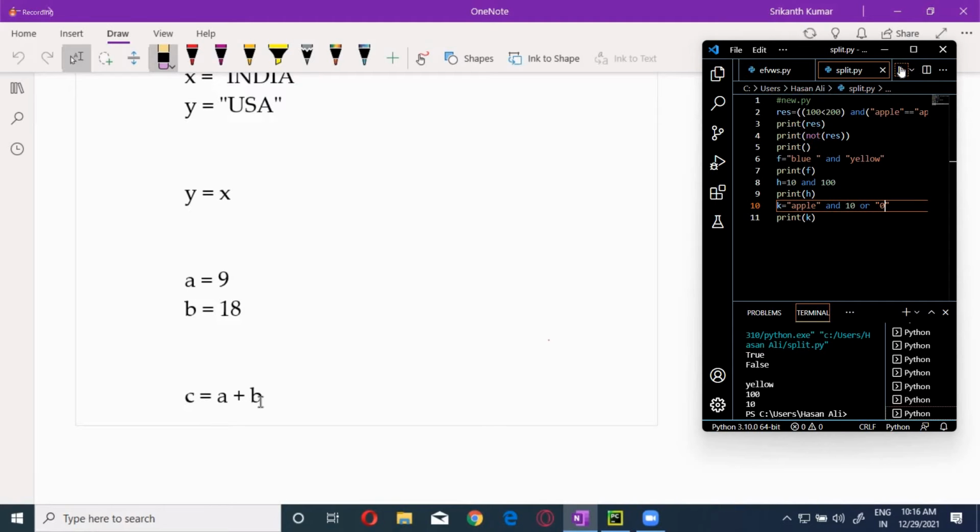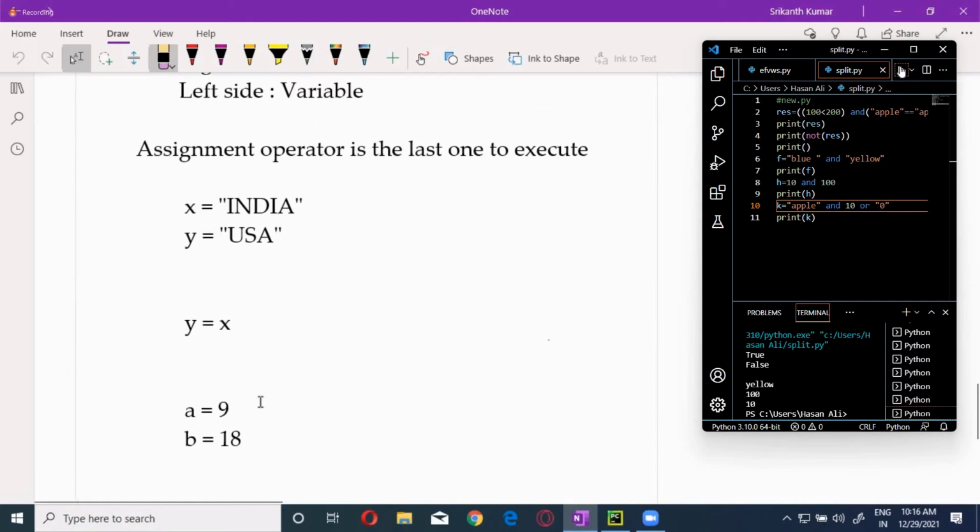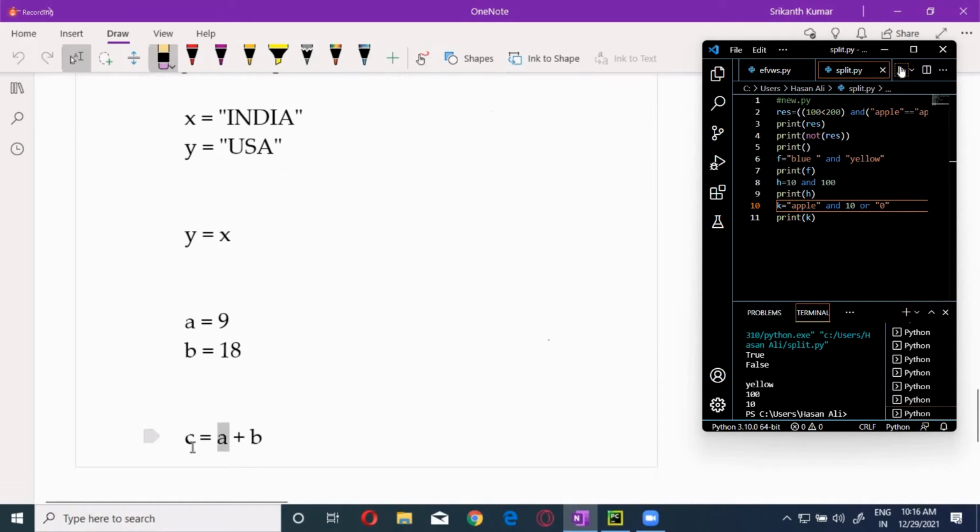So why can't it be 9? It can assign first and then add it, right? What's wrong? Here also the value is going from right to left only.